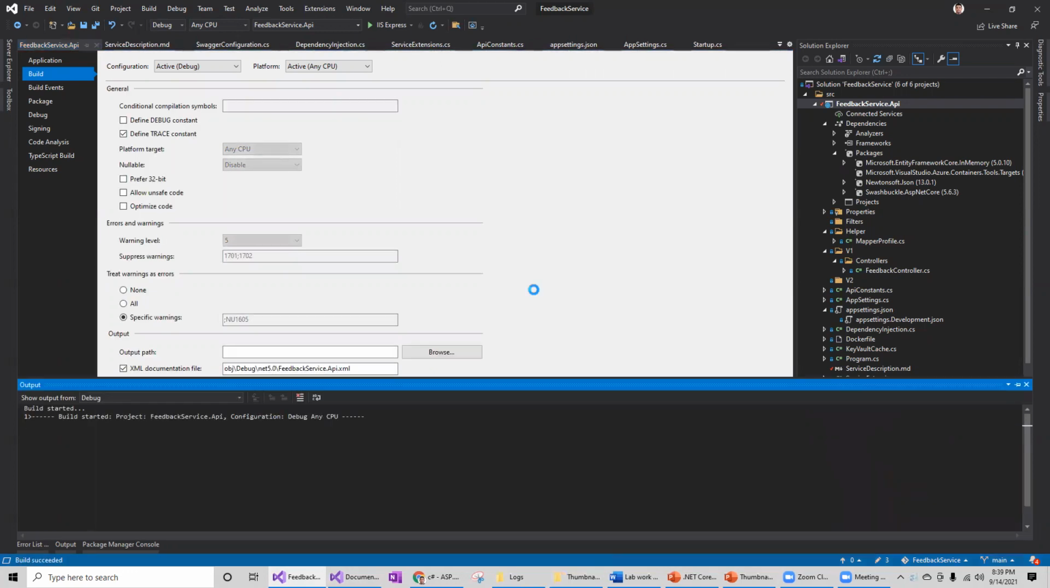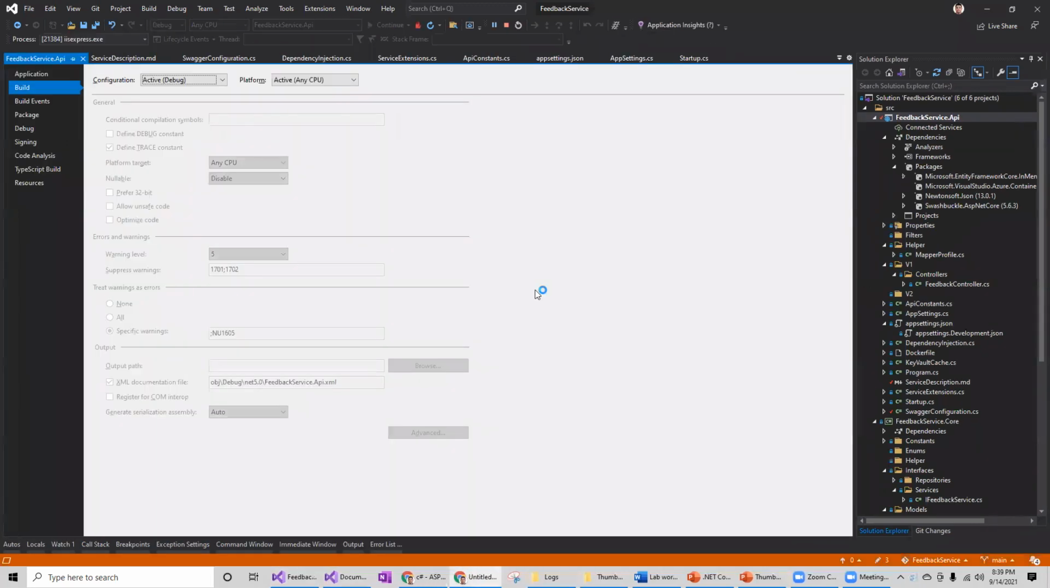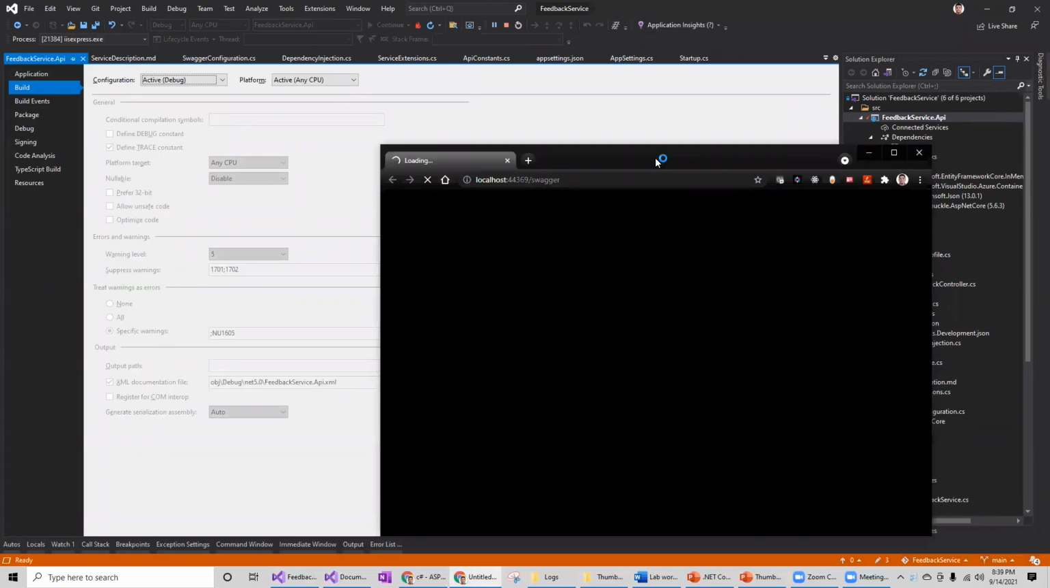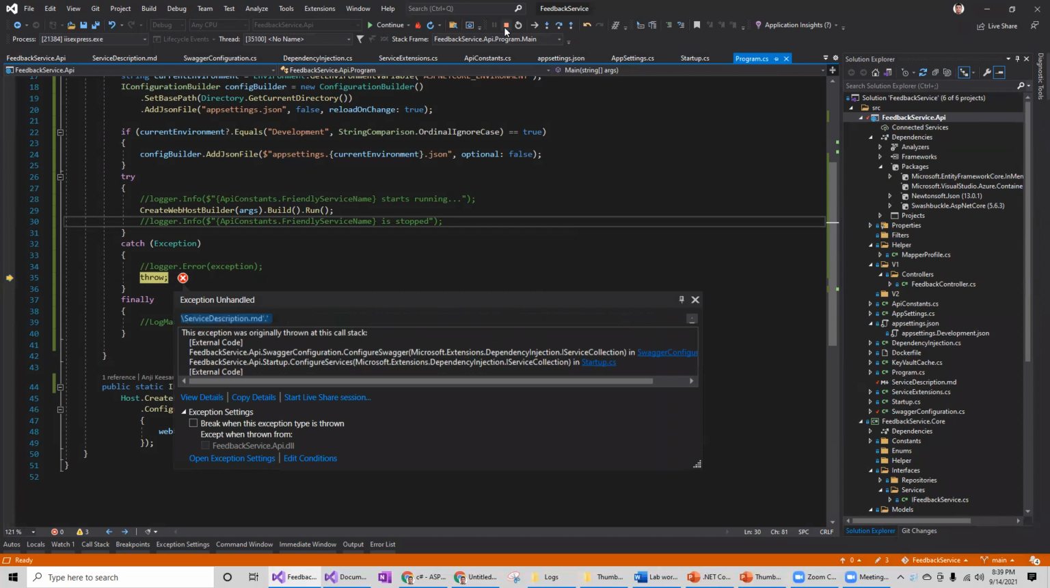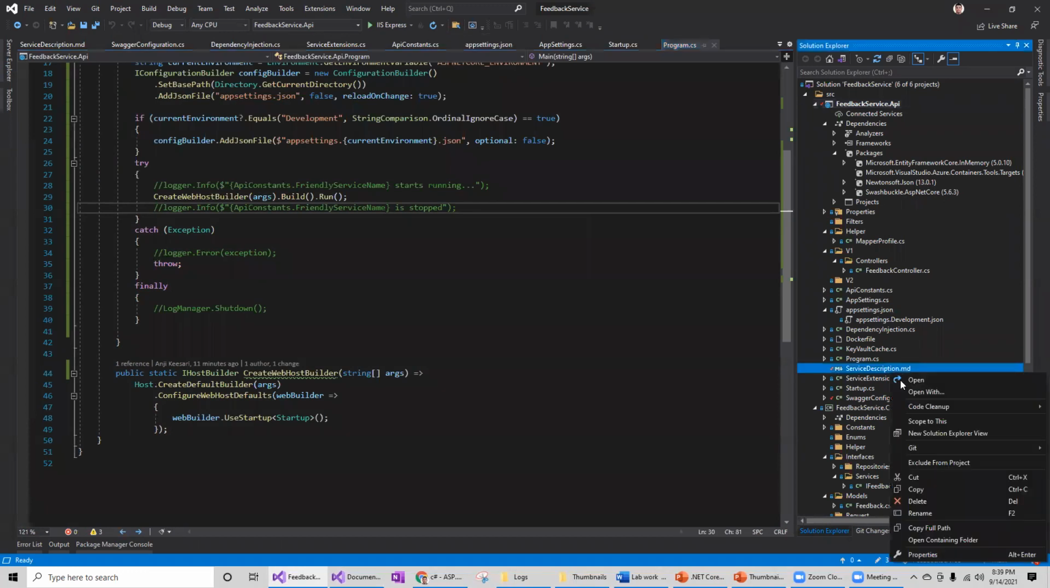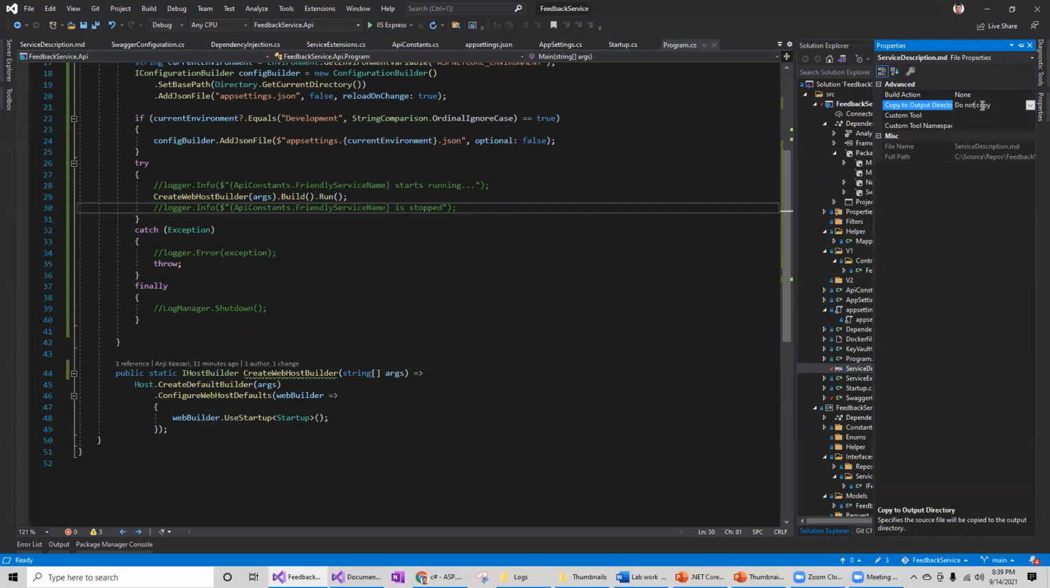And when I run, I should be able to see that description, right? Everything is fine. I purposely wanted to see this error. It says that it could not find the file here. That's because the .md file is not copied. So you just make